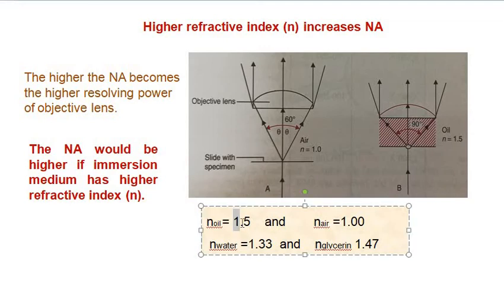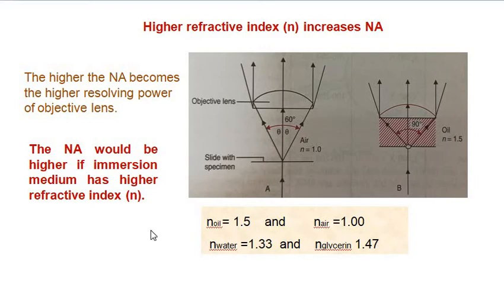So the higher refractive index of oil increases the half angle of the light. Here you can see the 90-degree angle in the presence of the oil immersion. So the oil immersion is the surrounding medium of a specimen that increases the angle, which is 90 degrees. And if air is present surrounding the specimen, the angle of light between the specimen and objective lens is 60 degrees. So the angle is minimum as compared to the immersion oil.